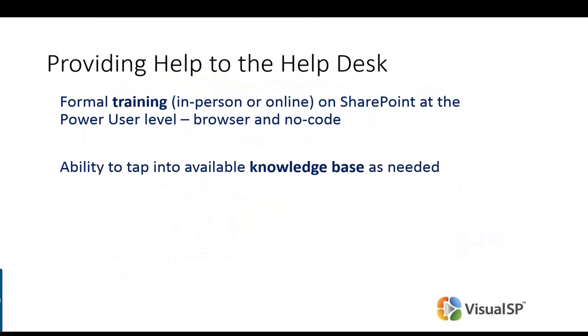Next, having a knowledge base available. So somewhere where you can always tap into to get more information: manuals and wiki pages and sites and documentation, tutorials that you can always look at. Say, all right, how do I do reporting and access? Maybe if I have 2010,